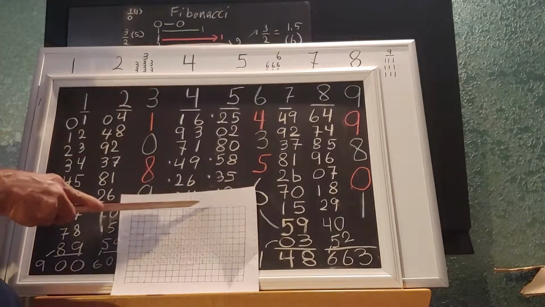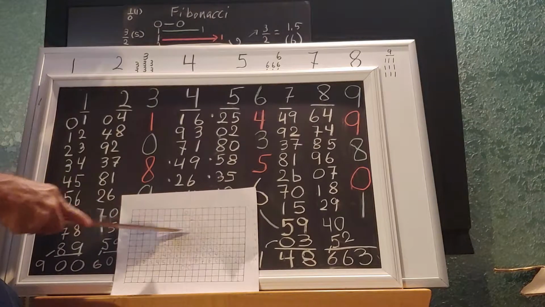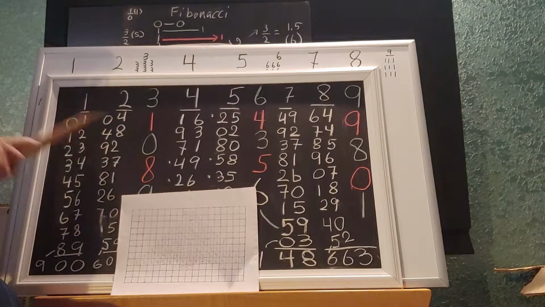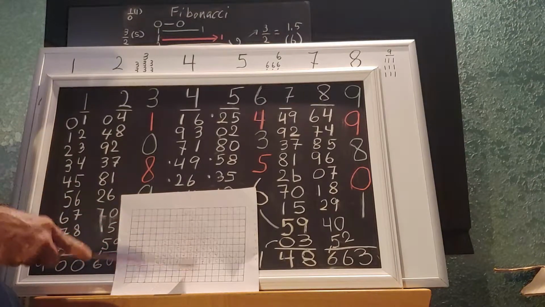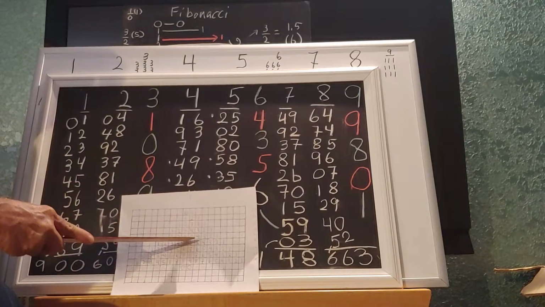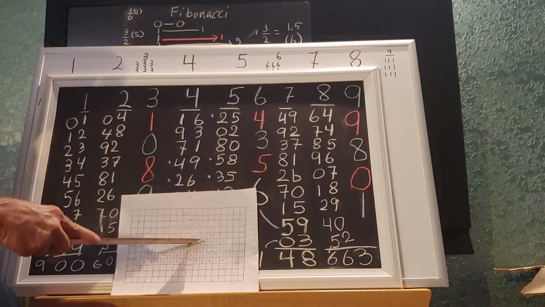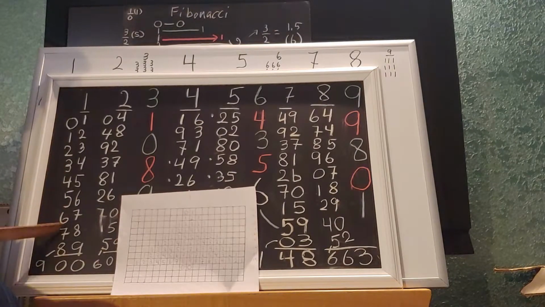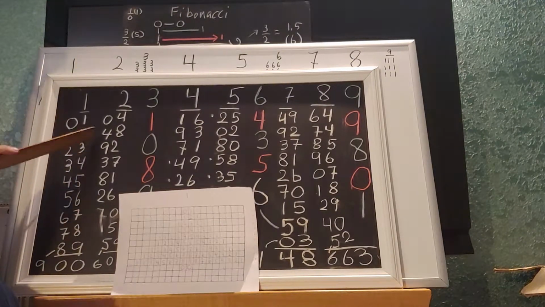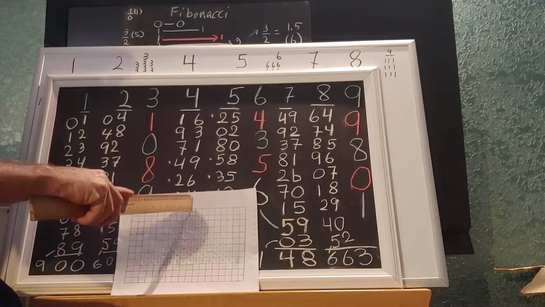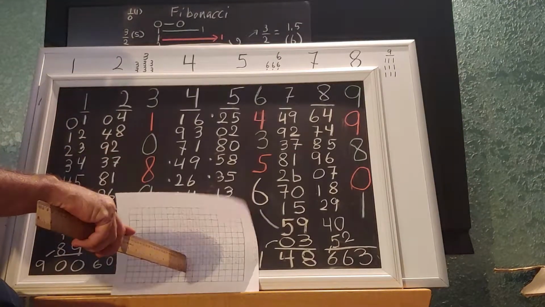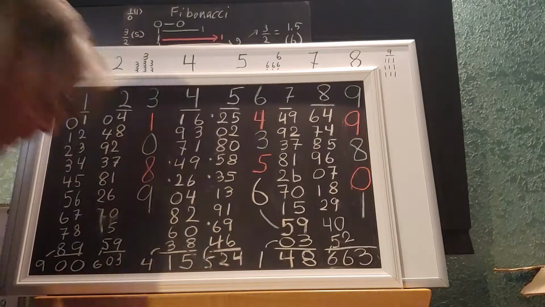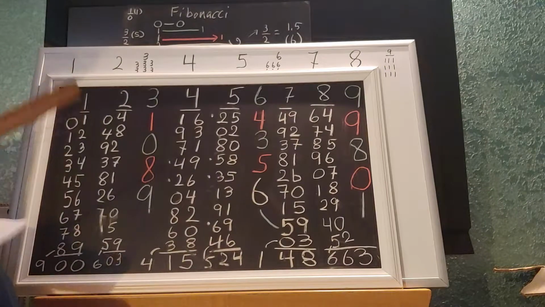And it's just simple because 1, 1, 2, 1, 1, 2, 3, 2, 1, 1, 2, 3, 4, 3, 2, 1, 1, 2, 3, 4, 5, 4, 3, 2, 1, which is what this is. And in the middle we get this column, 0, 1, 2, 3, 4, 5, 6, 7, 8, 9, 8, 7, 6, 5, 4, 3, 2, 1, 0, 1, 2, 3, 4, 5, 6, 7, 8, 9, 8, 7, 6, 5, 4, 3, 2, 1. And if we cut that equilateral triangle into 2 right triangles, then we add these numbers